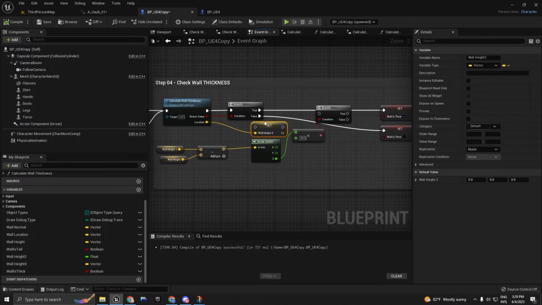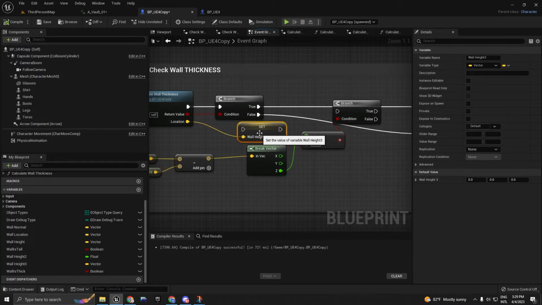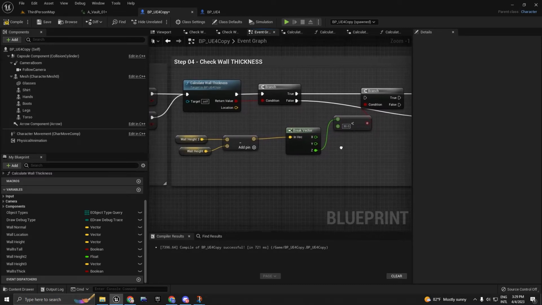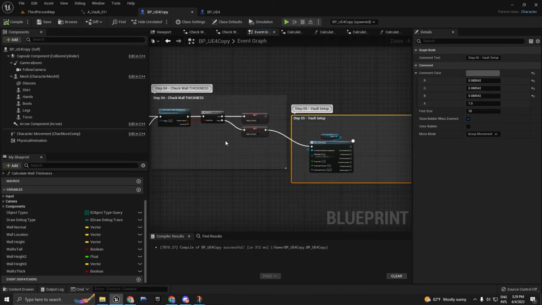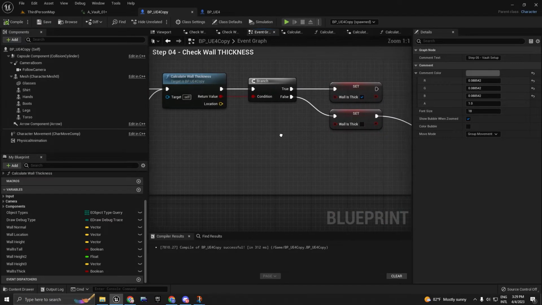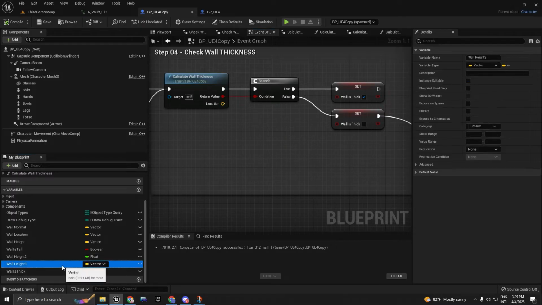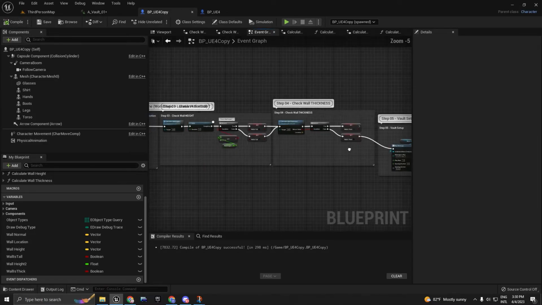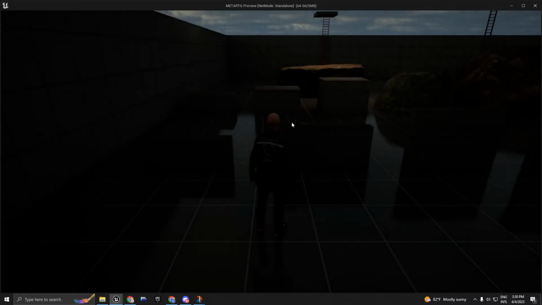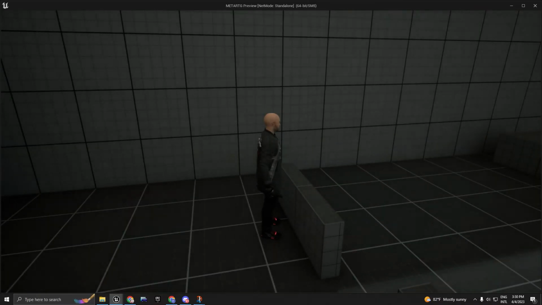Just a quick fix here. We don't actually need this wall height 3, so we can delete that. And we can also delete everything here. I was just doing some tests, and I found out that we don't need this wall height 3, so we can delete the variable as well. Let's hit compile, save. And if I press play here, as you can see when I press R,